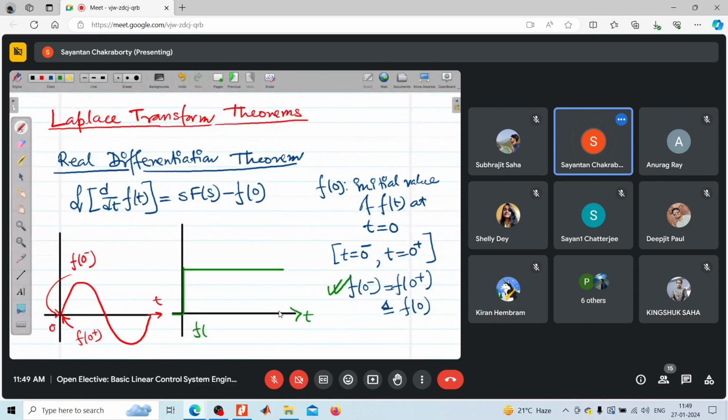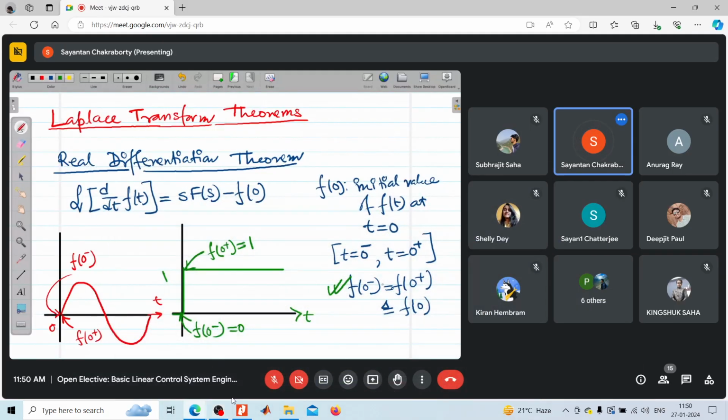so this is your f(0 minus) equal to 0, and say for a unit step, f(0 plus) will be equal to 1, because there is a discontinuity. Okay, so if not otherwise mentioned, whenever there is a discontinuity or discrete jump like a step function or a pulse function, other than that, in every scenario this will be valid. But whenever there is a discontinuity at t equal to 0,